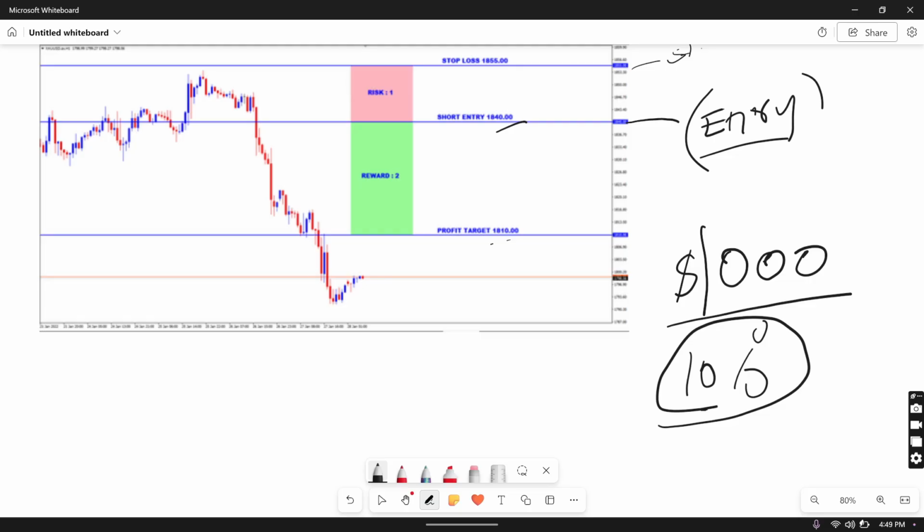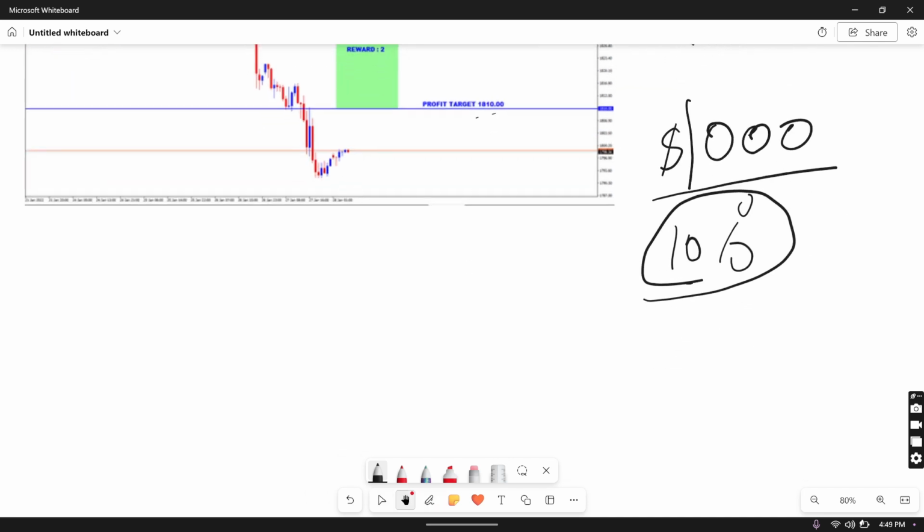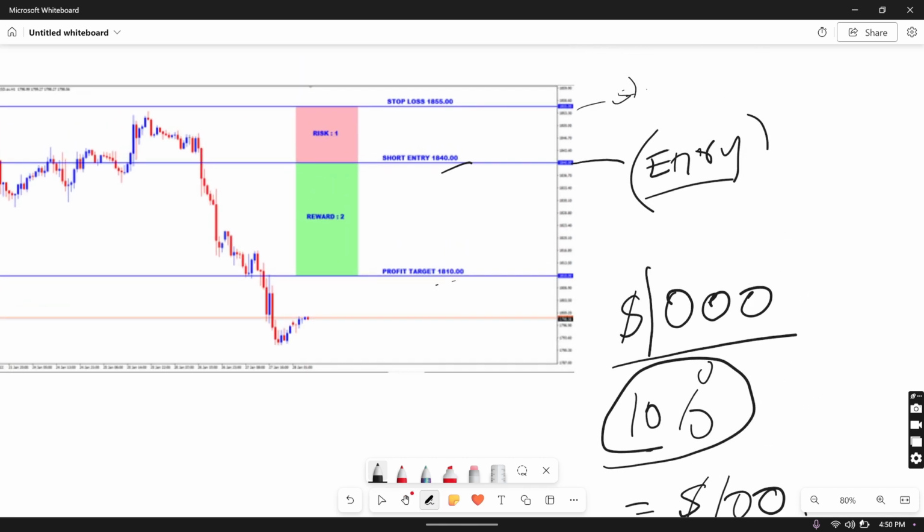If this is the maximum that you want to put in your account, it is actually very simple around this area. The next thing that you define here is very simple. 10% of this is $100. So that is the maximum you are willing to lose in this account. So if this is your $100 risk, then this is going to be your stop loss. So this stop loss from this area to here should be